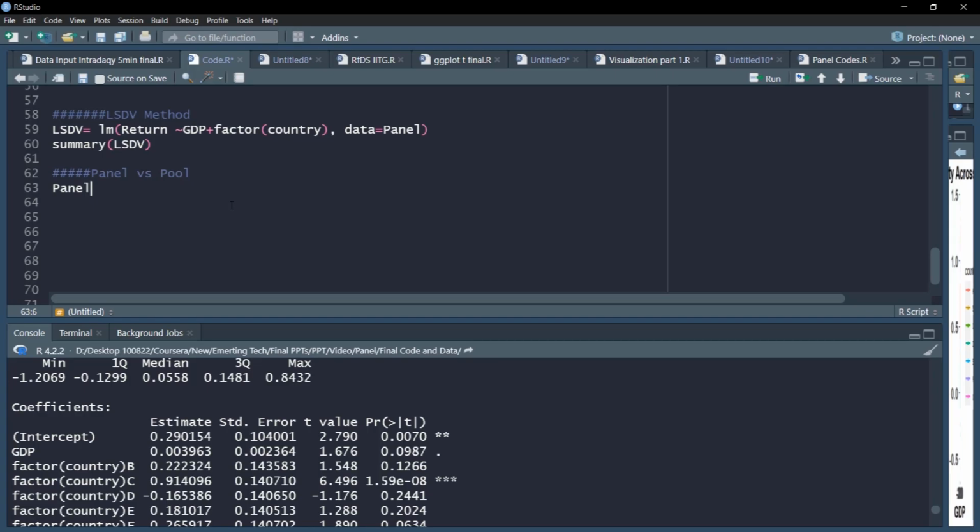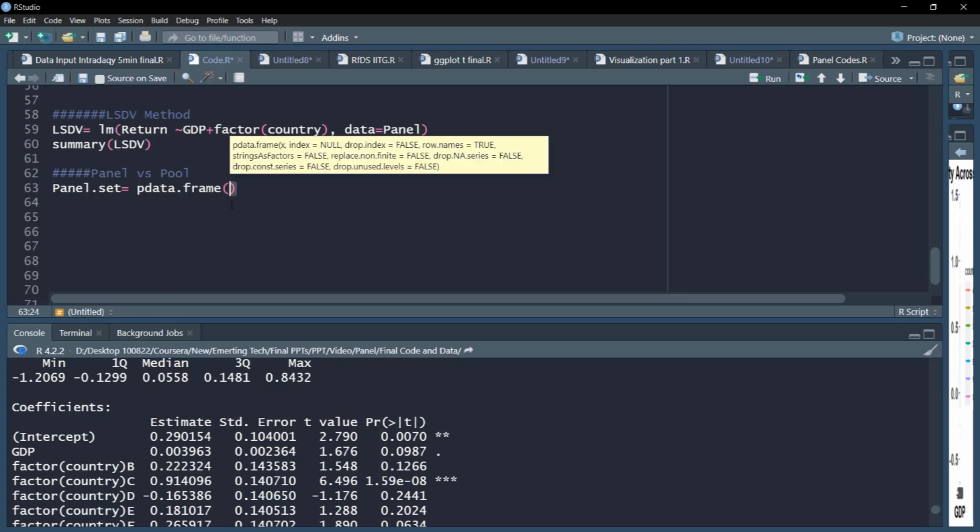First, let us explicitly tell R that our data is a panel data set, and for that we'll use the pdata.frame command in the plm package. We'll tell it that our data has panel index equal to c(country, year). So first is the country individual index and then time.